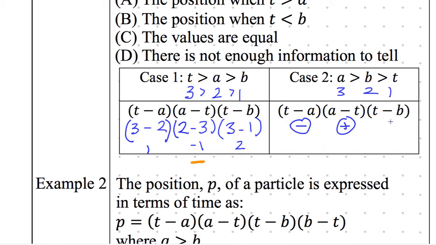Chris, do you have your card in yet? Okay, Chris, what is it? T minus B, is that positive or negative? 1 minus 2. Negative. I'm just going to keep saying it until you stop switching back and forth. Be confident in your answer. 1 minus 2 is negative. All right, and then finally, a negative times a positive times a negative